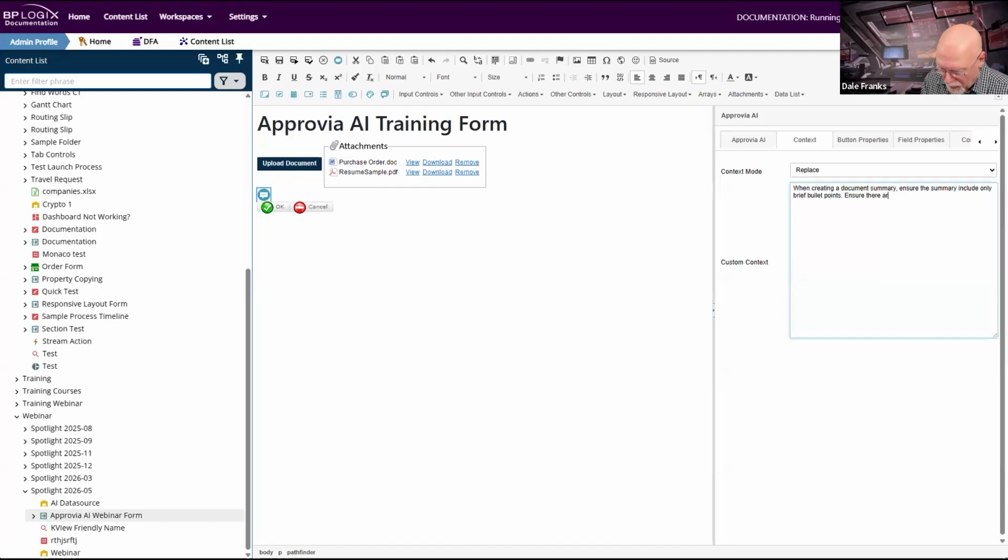Ensure there are no more than 10 bullet points created. Okay, now I am going to have to read this because typing while standing is not my strong suit. So when creating a document summary, ensure the summary includes only brief bullet points. Ensure there are no more than 10 bullet points created.